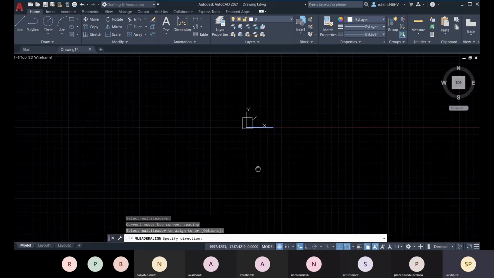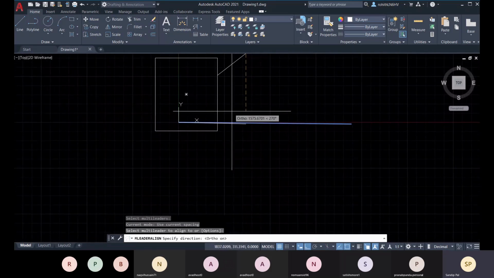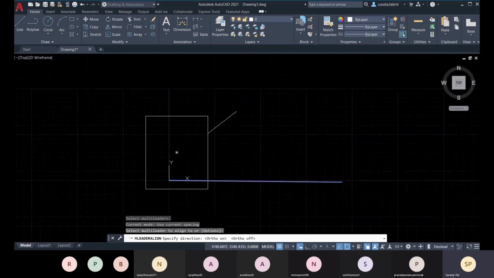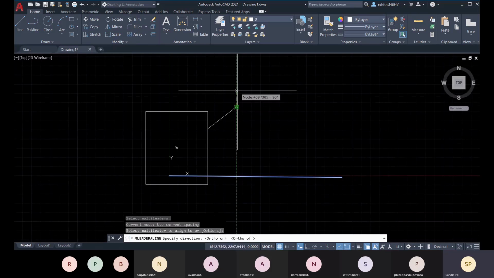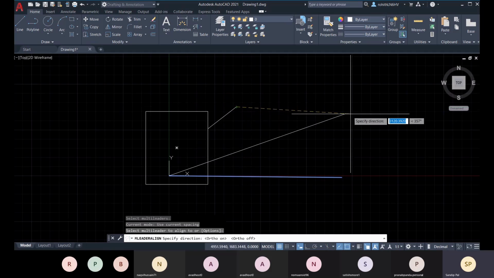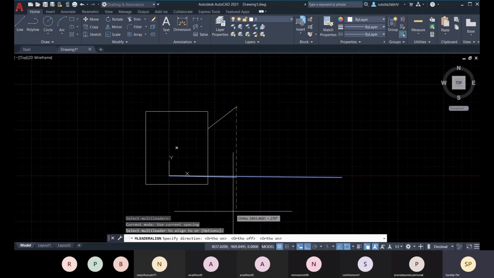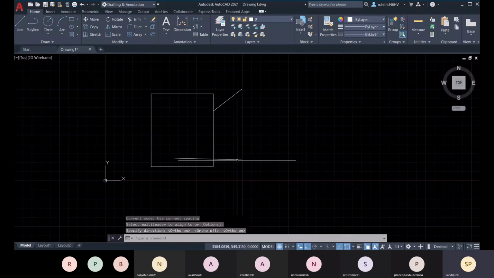In this direction, or the horizontal or the exact vertical direction, you can choose. There you can choose, and if you choose this direction, then as per that direction it will align. I hope you can understand how I'm doing it. So you can align exactly vertically, and you can click, and that is aligned right now.